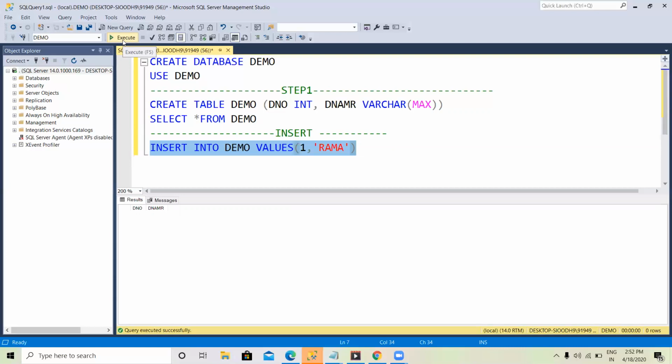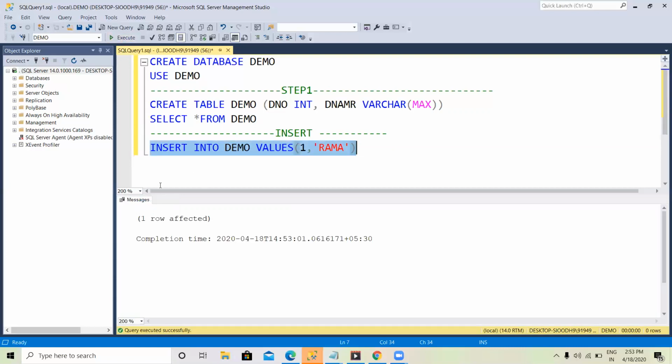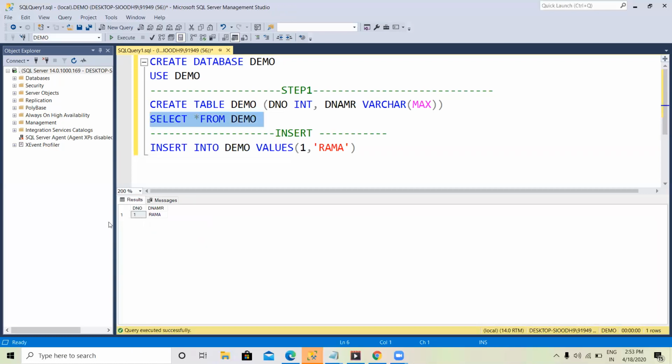If I execute this, some data will be present. Let me see the total table. Select star from table. See, 1 Rama. My data is inserted. In the same way, I just created table, insert table, delete, truncate, and select table also I completed.